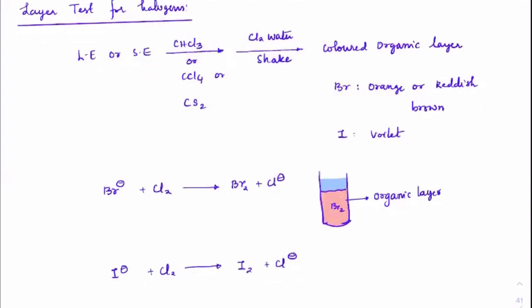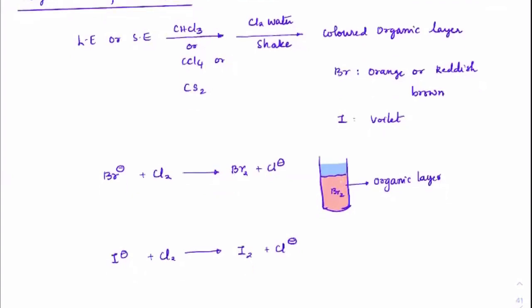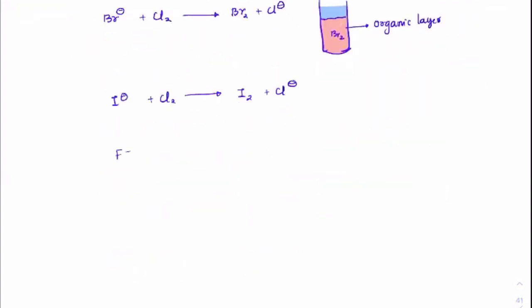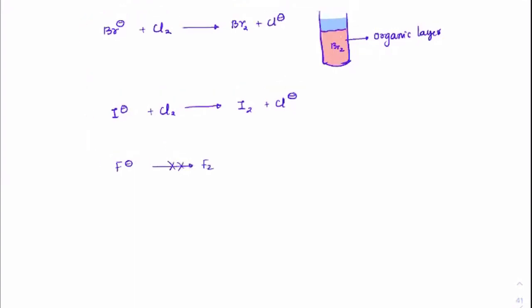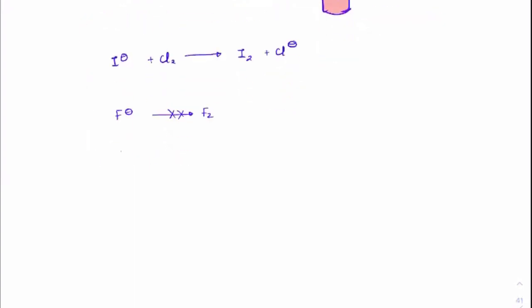The limitations for using it for fluorine, sir? First of all, fluorine is not going to get oxidized because it is the most electronegative element. So obviously we cannot use this in the layer test. Second, any form of fluoride with the metals, if you take CuF2, AgF, PbF2, HgF2, all of them are soluble and colorless. Are you getting it? So that's why it won't happen.